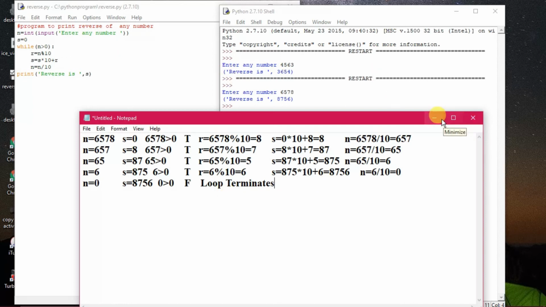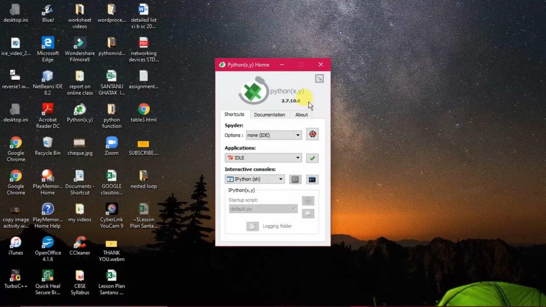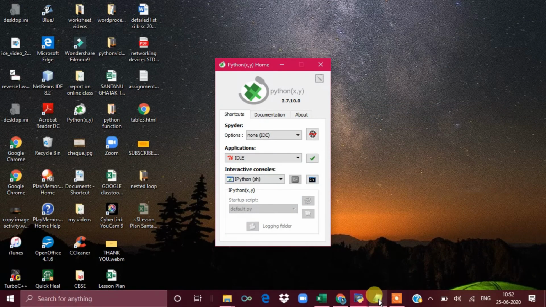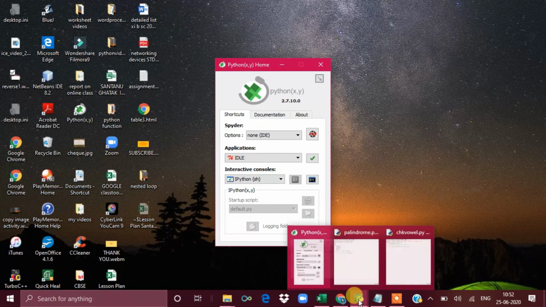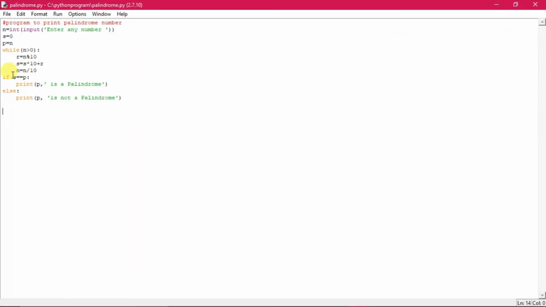So now if we are going back a little bit to the palindrome program, this one I'm closing for you. Sorry, just a minute. Going back to the palindrome program. You see the same thing has been done, only this part has been expanded. Okay, if s equals to p, means as n is changing throughout, we have first stored n into p, otherwise we will not get the value, because n is changing all the time. And at last, when the reverse number has been generated, we have checked it with s equals to p.